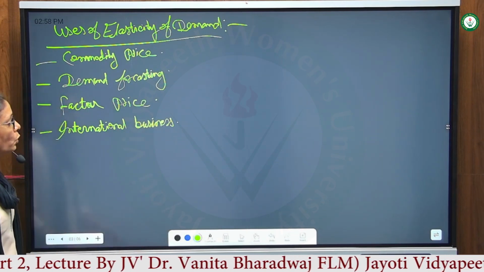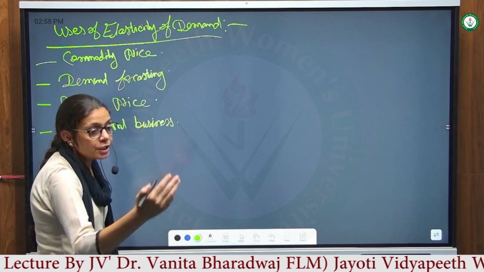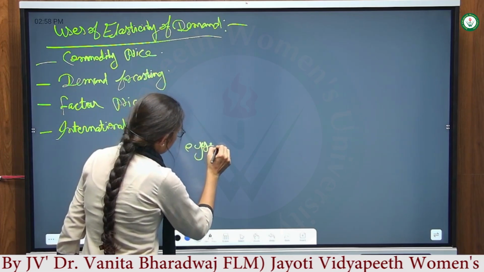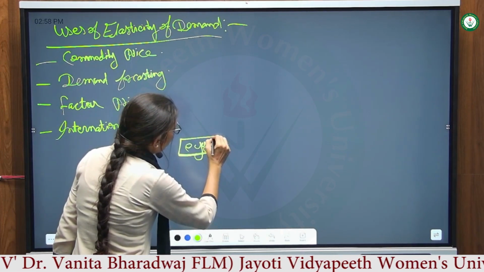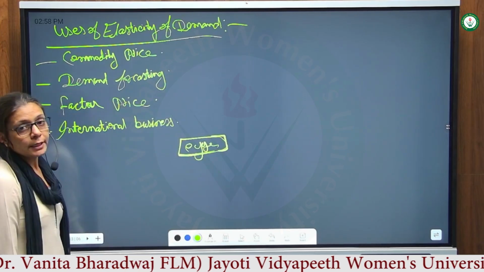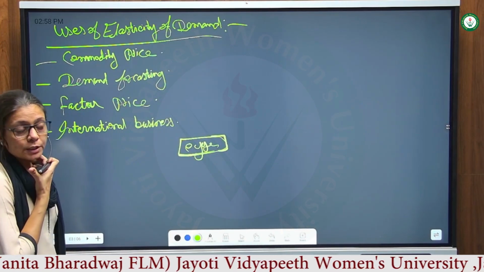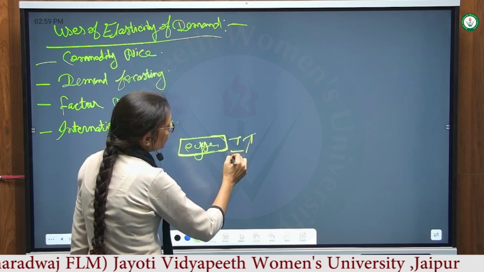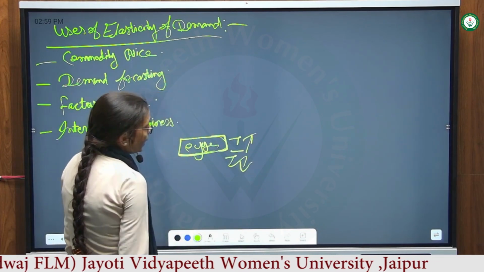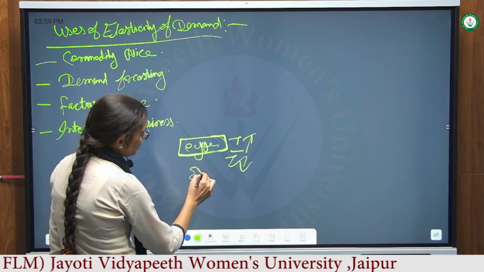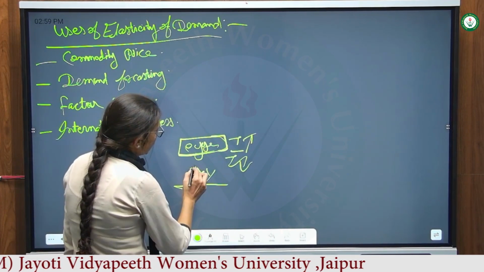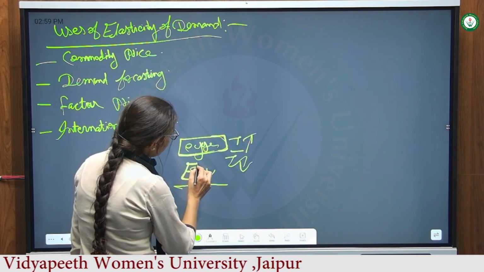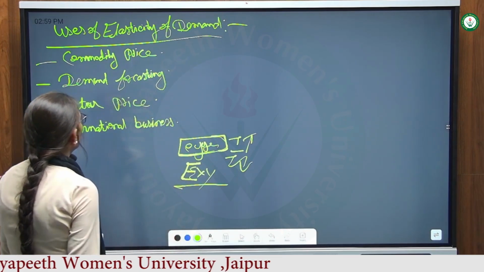First, we want to know how much and to what degree changes take place in demand according to price changes. And second is the income effect. No changes take place in the prices, but if the income of the consumer increases, what will happen? And if the income decreases, what will happen? And what about the substitution effect of X and Y commodities? This is studied only in the elasticity of demand. That's why we are studying elasticity of demand. But what is the use?